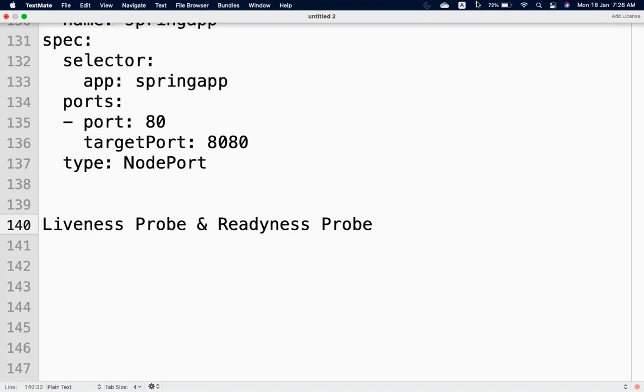Suppose your application is not working, but Tomcat is up and running. It is not going to reschedule or recreate.